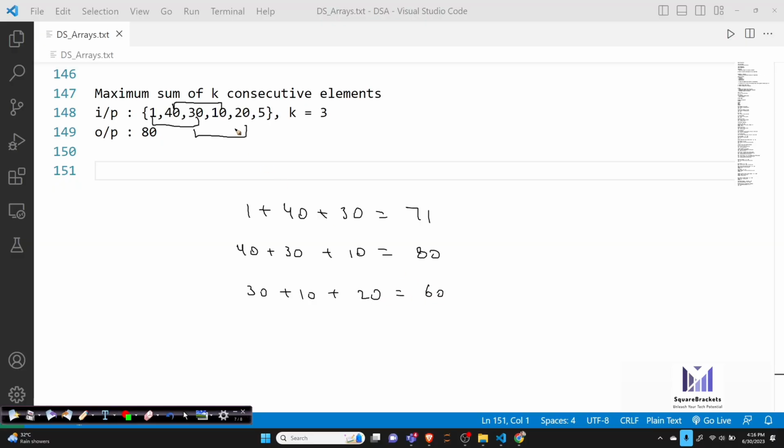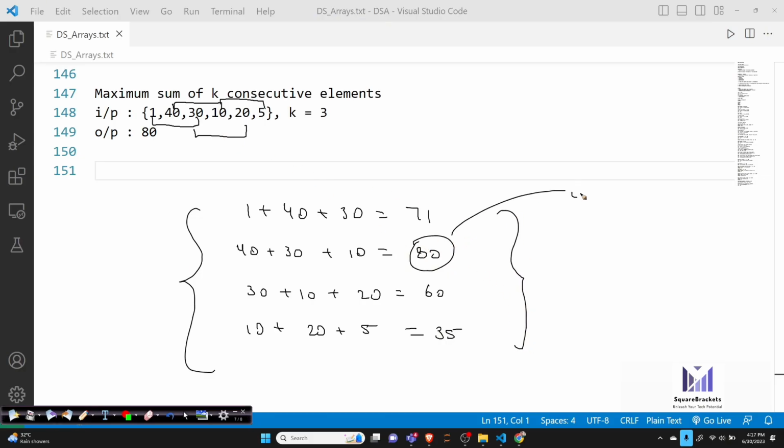That is 60. Then next 3 elements, 10, 20 and 5. That is 35. So done. Now, which one is maximum? 80. So that's why answer is 80. So this is our next question, maximum sum of k consecutive elements.